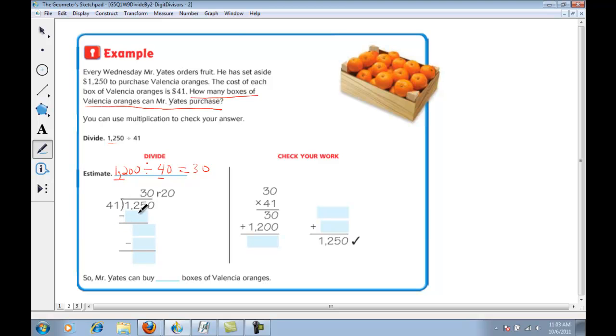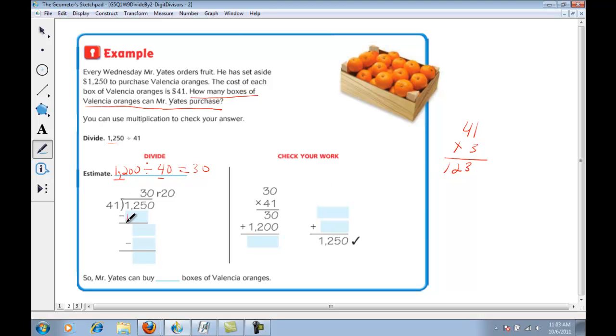Okay, so if we look up here, our problem has been started for us, but we need to fill in these blue boxes. So let's see what's going to go here. Since I estimated 30, I'm going to put a 3 in the tens place. That means I'm going to see what the cost is for the 3. I'm going to put the 125 tens into groups of 41 and see how many that is if I have 3 of those groups. So I'm going to do 41 times 3